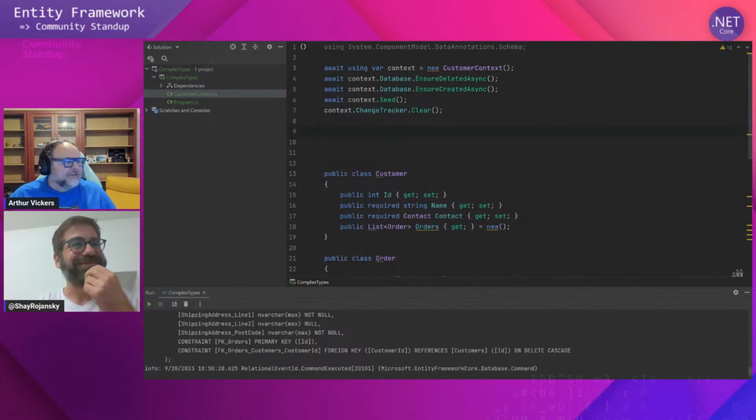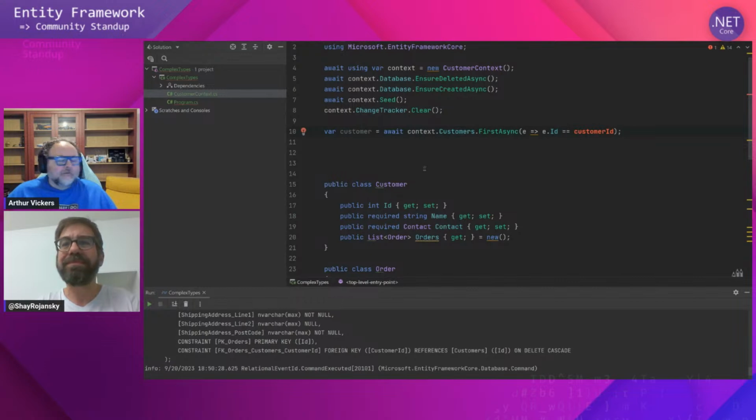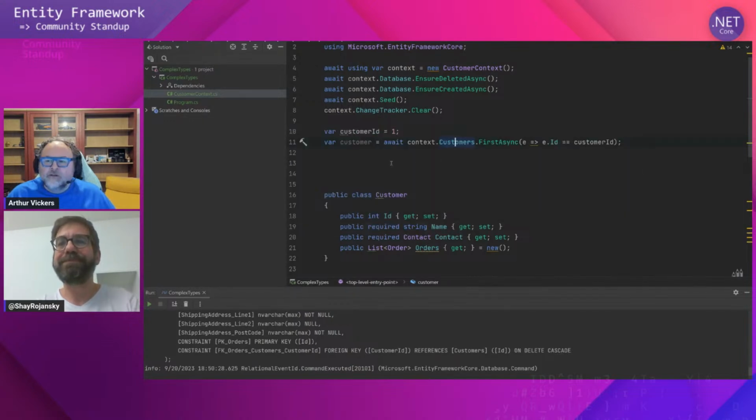All right, simple query. Copy. I guess we need a customer ID. ID is 1. Okay, so what we're doing here is a query for the entity type, right? There's nothing specific to complex types in this, and I want to show you what happens when we run this,